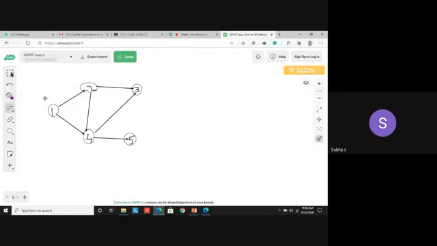Let's write here itself. Better we can have it here. So write for all the vertices 1, 2, 3, 4 and 5. So find the in degree.